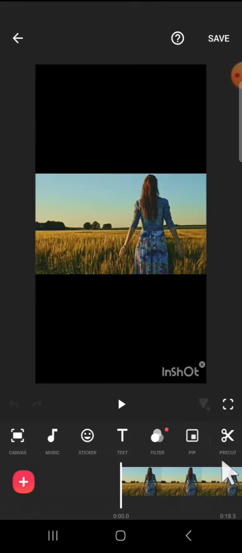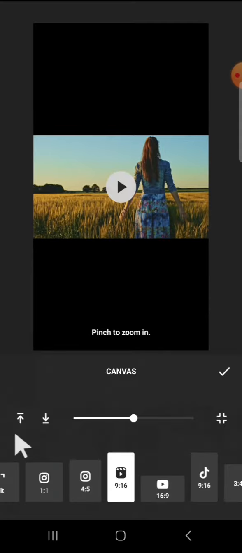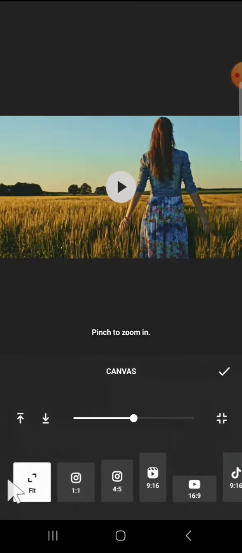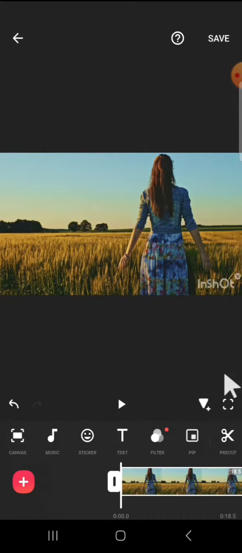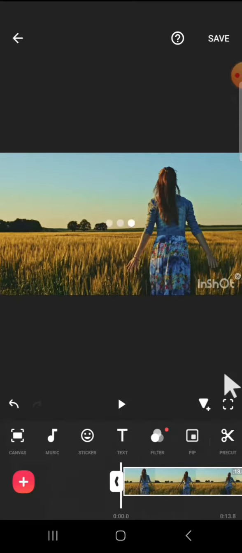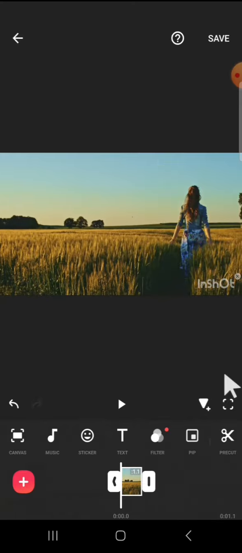We can click on new and we're going to select a video that we want to make as a GIF, and I'm just going to pick a random video from my gallery. I'm going to add this video. Then we can click on the check mark to add this video to our InShot project, and I'm going to adjust the ratio guys. Okay, then click on the check mark and I'm going to cut the video like this,